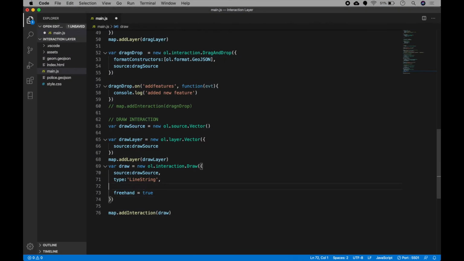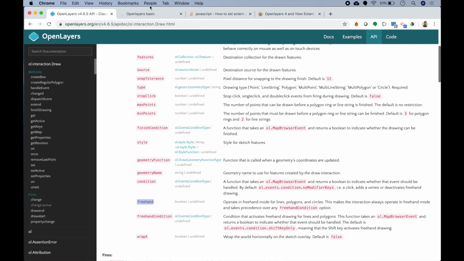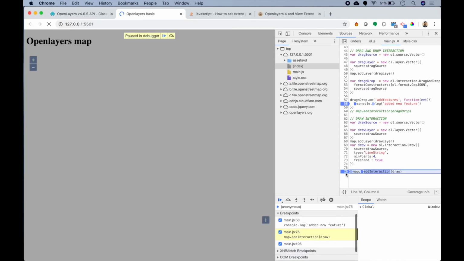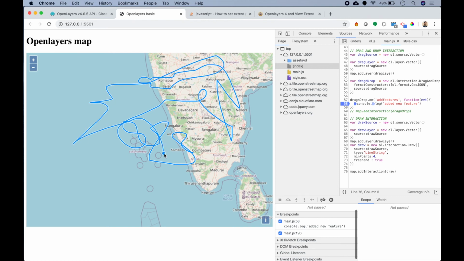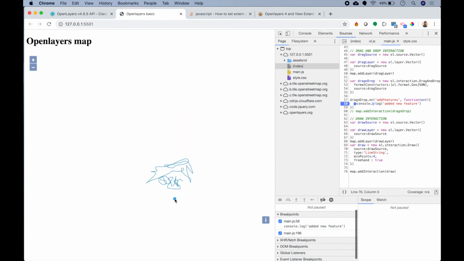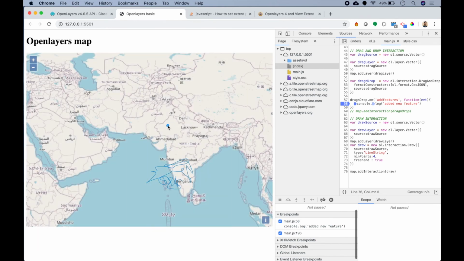So I think I'll need to remove this, and yeah, I think the error is here. So now if I go back to my map, you can see that I can draw the line as I want. So it's not a click on point and get the straight line kind of deal right now. So I can be as flexible as I want. So in a way, you can just put your signature on the world.